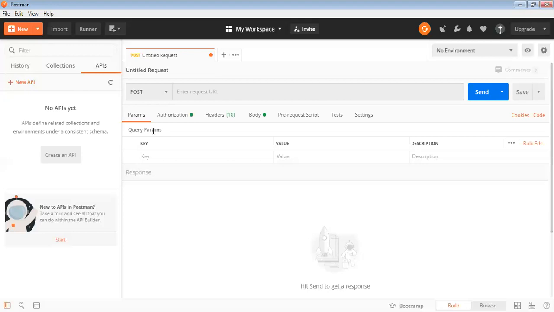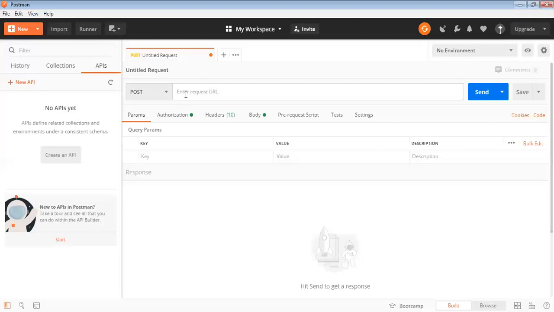But most of the time, it's good to test your API thoroughly and then only share it with the third-party tool when it's in working condition. But in that case, you need a kind of third-party tool which can hit your API while you are designing. So for all those purposes, we also use this Postman.